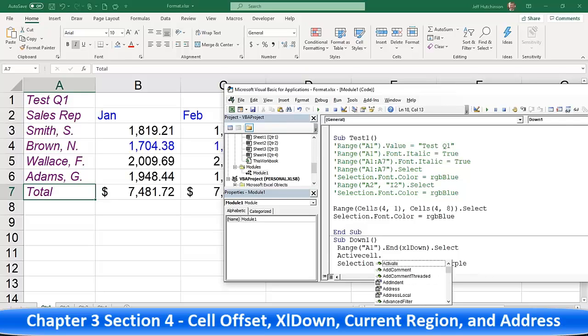Dot, now we want to go down 1 cell. So we're going to simply say active cell offset, and we're going to put a 1, 0. We're going to come down 1, right? Dot value